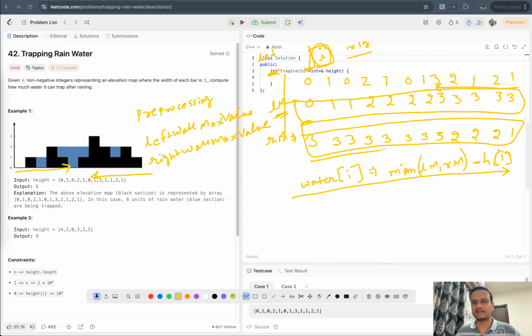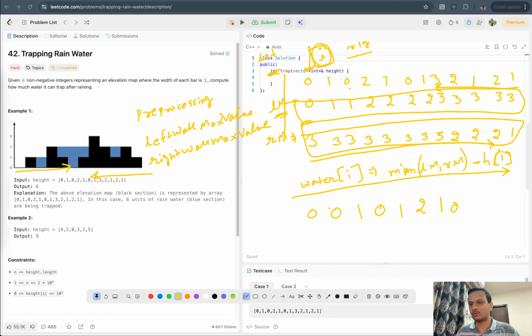So this way we can traverse the complete array, and I will traverse for dry run purpose here. So 0 comma 3 minimum is 0, 0 minus 0 is 0, then 1 comma 3 minimum is 1, 1 minus 1 is 0, then 1 comma 3 minimum is 1, 1 minus 0 is 1, then minimum is 2, 2 minus 2 is 0, then minimum is 2, 2 minus 1 is 1, then minimum is 2, 2 minus 0 is 2, then minimum is 2 and 2 minus 1 is 1, then minimum is 3, 3 minus 3 is 0,